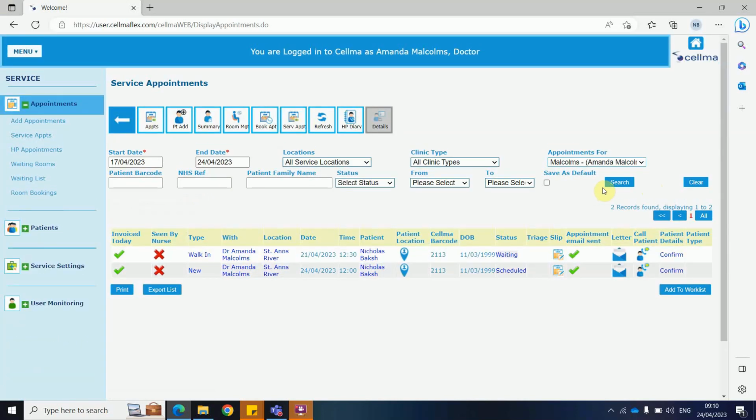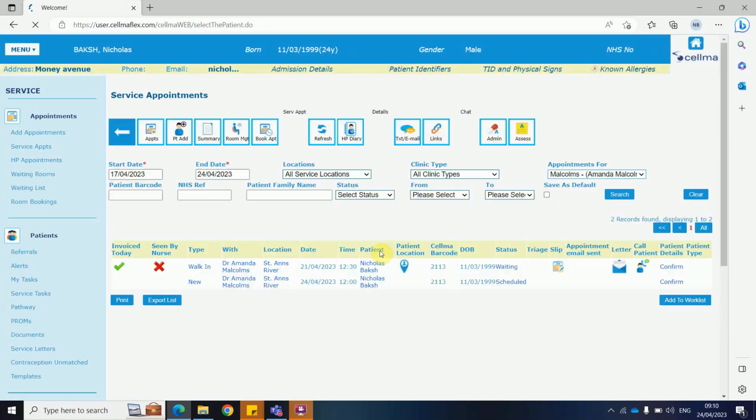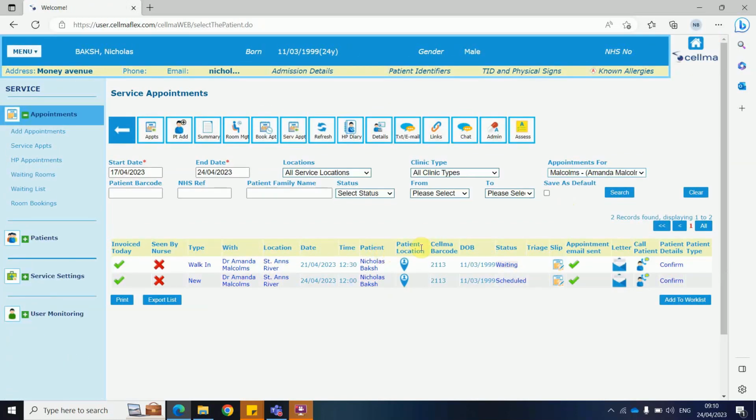Below you can see there have been 2 appointments. Clicking on the patient's name is a shortcut to open the patient's profile. This is indicated by the blue banner at the top of the